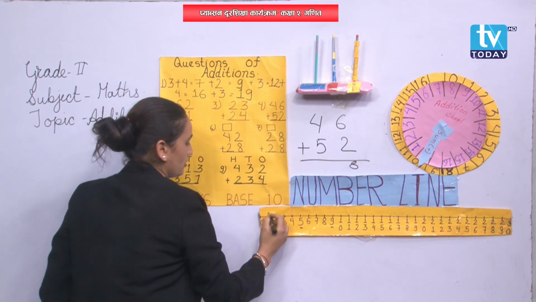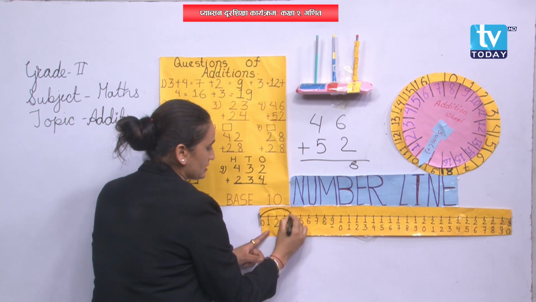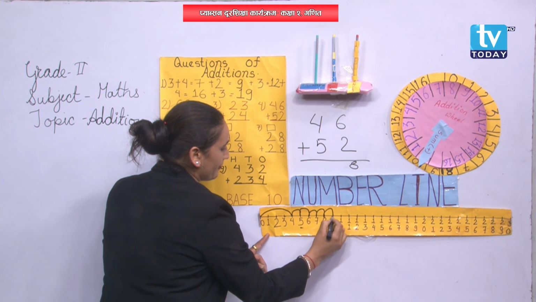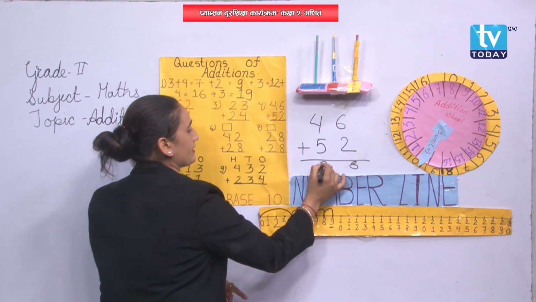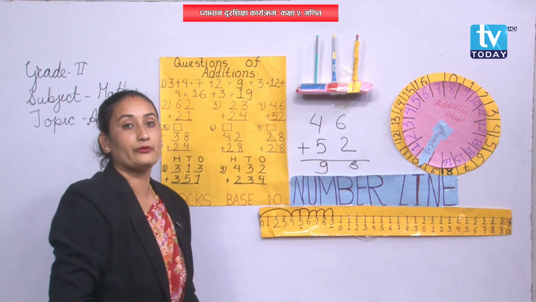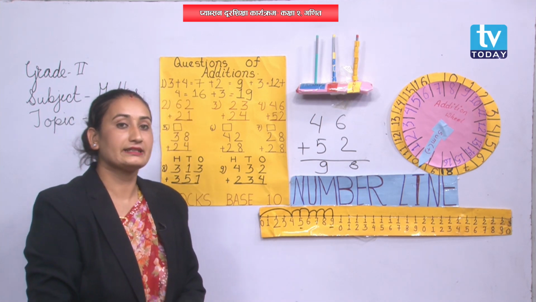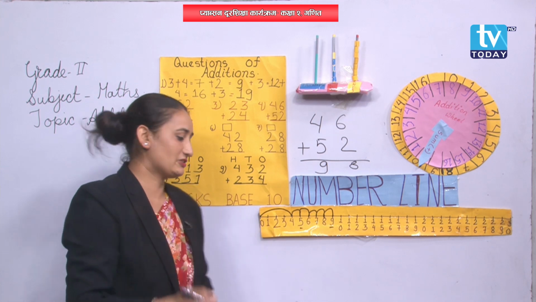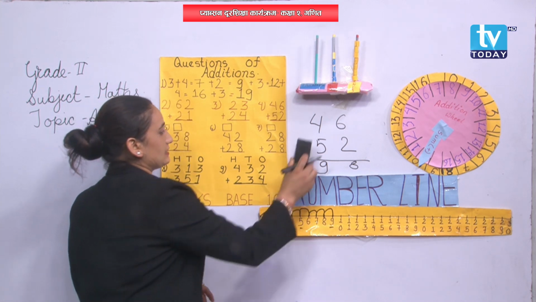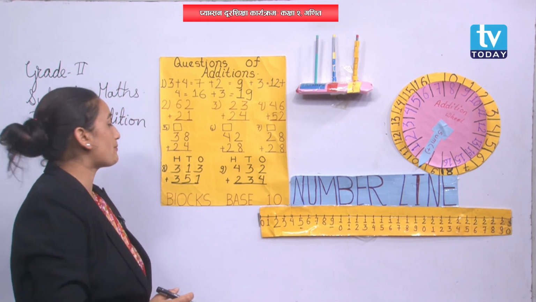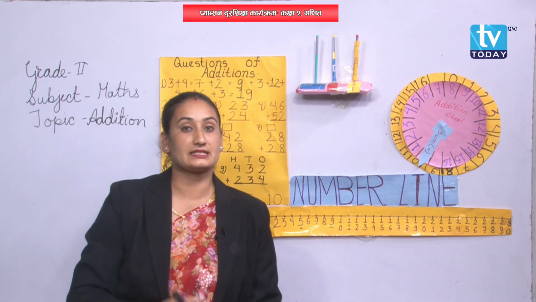So, 4. From here to here, it's 4, 5. 1, 2, 3, 4, 5. It's 9. So, write down here 9. When we add 46 and 52, then we will get 98, right? Good job. So, students, now if you want to solve the same type of two-digit additions in carryover form,